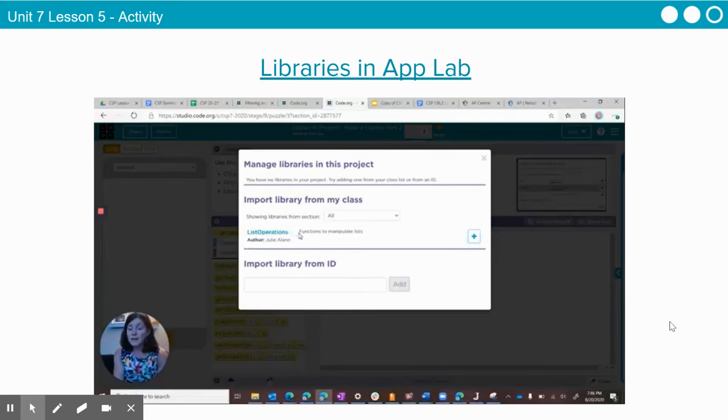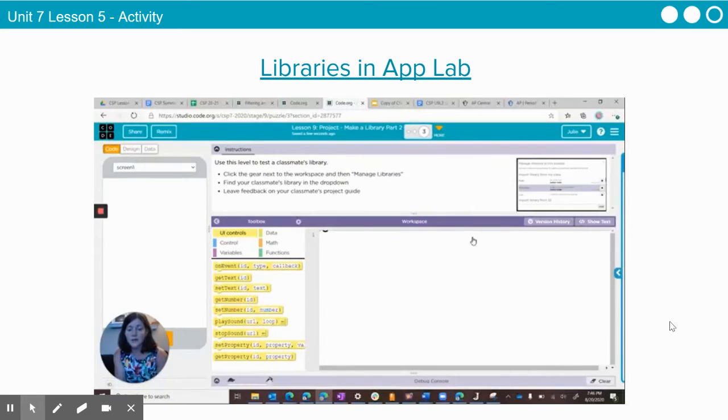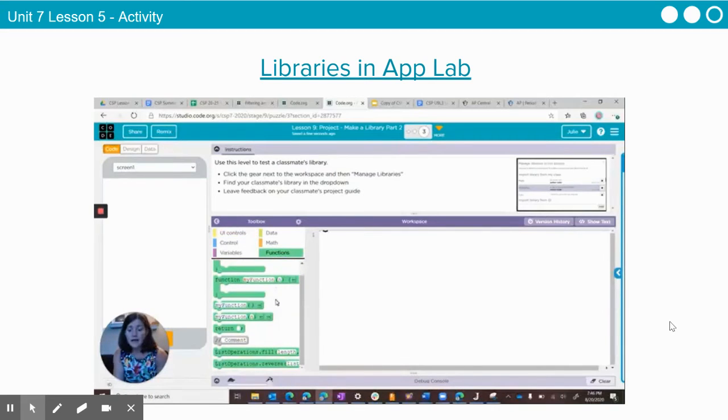You should see any you've created as well as others from the class, and then you just simply click on the plus. And you can add that library to your program. So now when I go to the Functions tab, I can see my library down here. Just those two functions, but you can see how the comments show up